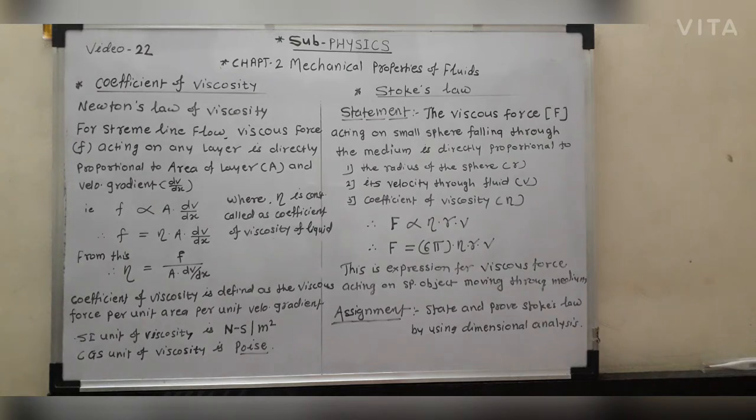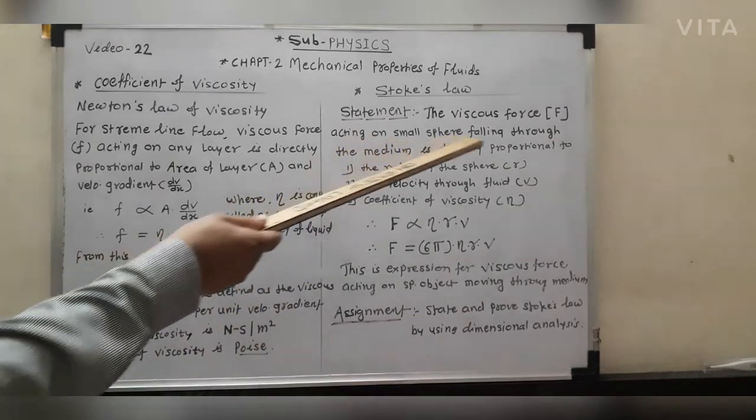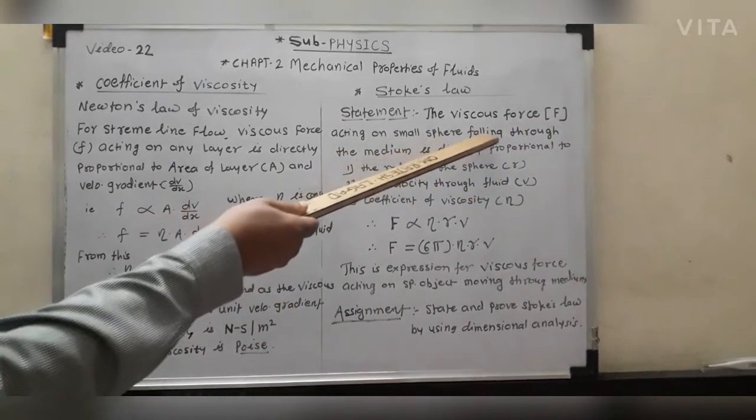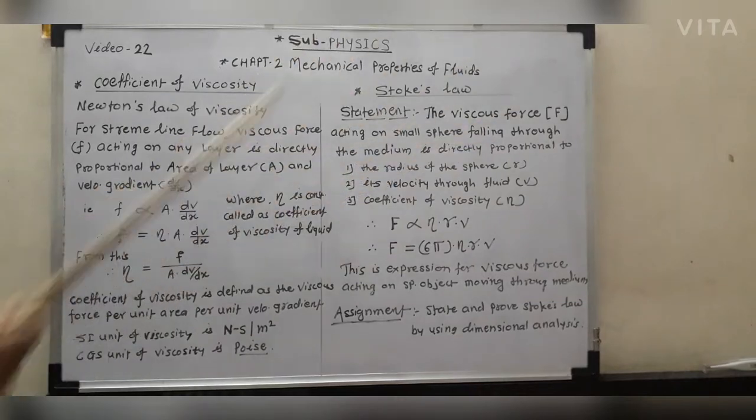In 1845, Sir George Gabriel Stokes stated this law, which gives the viscous force acting on a spherical object falling through a viscous medium, known as Stokes law or Stokes theorem. The statement is that the viscous force F acting on a small sphere falling through the viscous medium